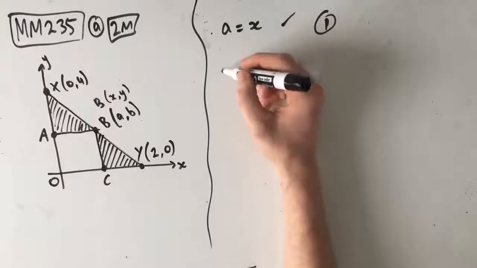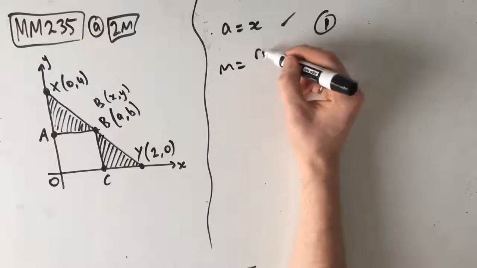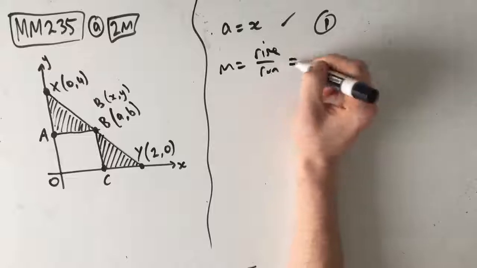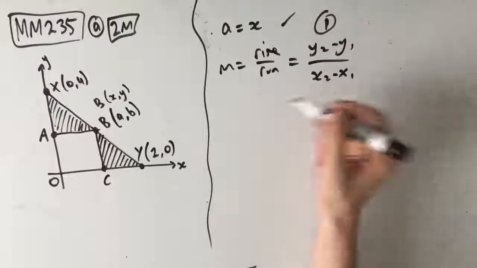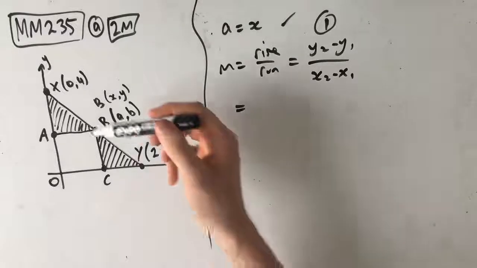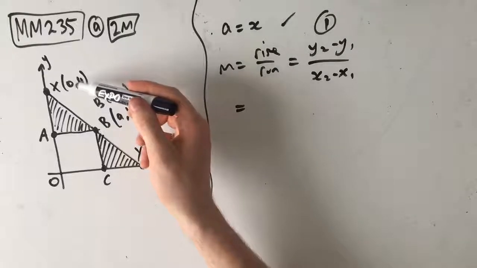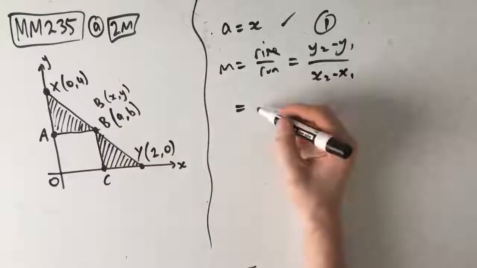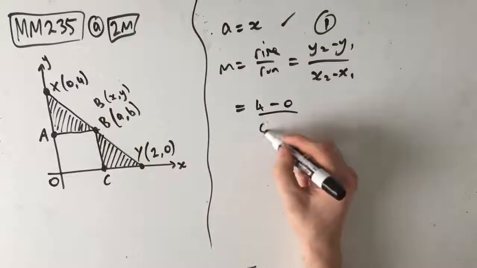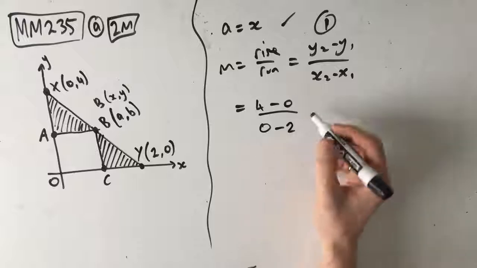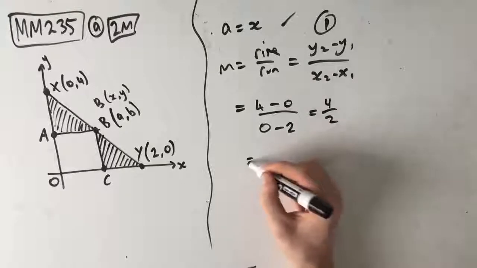So our gradient is equal to rise over run, which is y2 minus y1 over x2 minus x1. As always, guys, you would have seen this a million times by now. Let's say that y2 and x2 is this coordinate here. So we get 4 minus 0 over 0 minus 2,